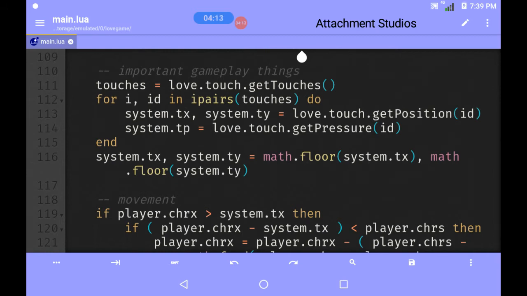For floor, it's like integer, but it will not include anything after the decimal expansion to the right side, and that's the floor.